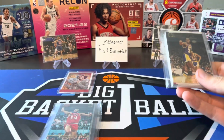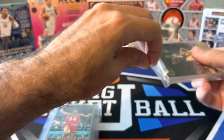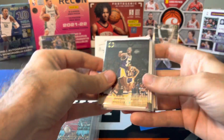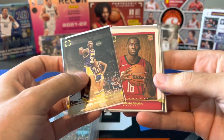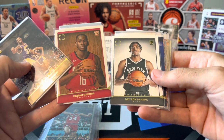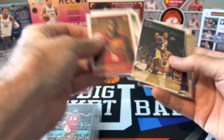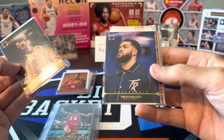So I did find a bunch of vet base cards for Photogenic to help me add to the set. We got Magic. We got some rookies too. Actually, there were a couple of cheap rookies on COMC. A lot were expensive, but there were a few really cheap ones. Guys like Usman Garuba, but they're on Sharp. Guys who really don't have a huge hobby following. So we'll put those rookies over there with the Jalen Green. Got Magic, Fred VanVleet,